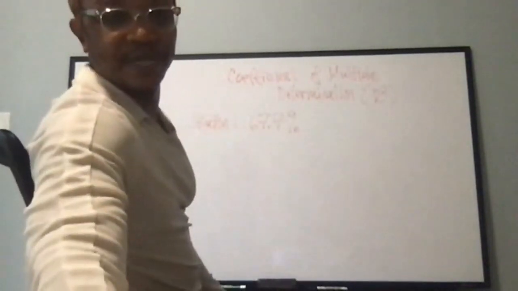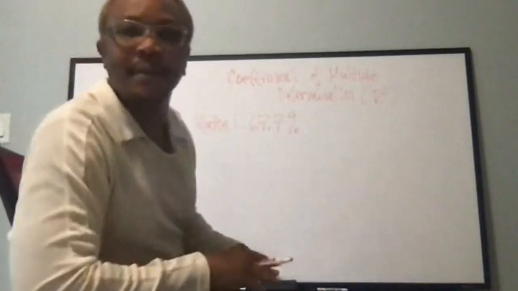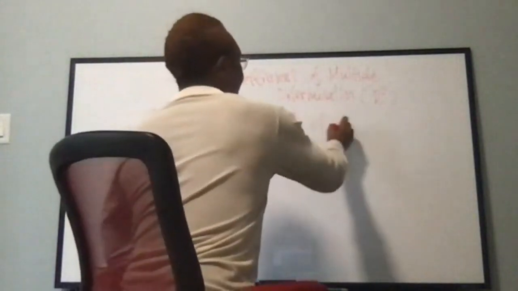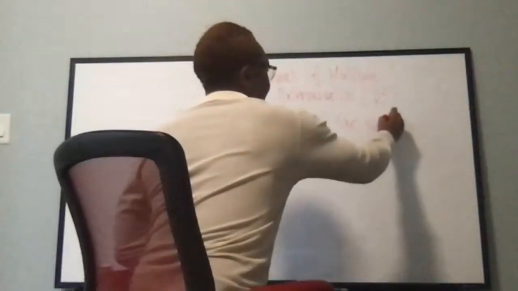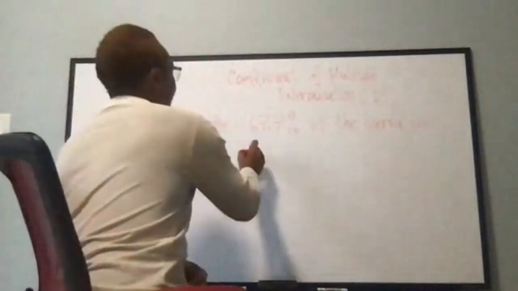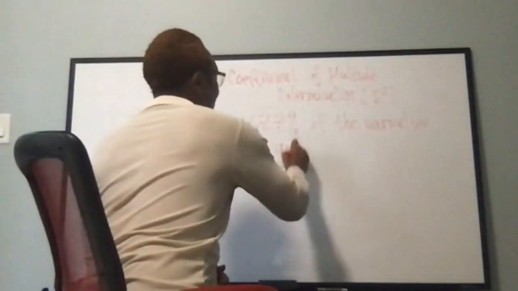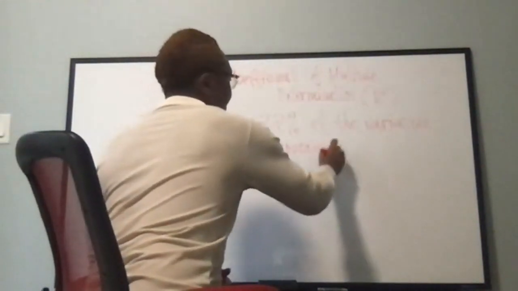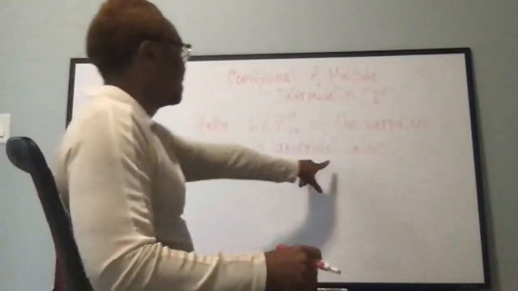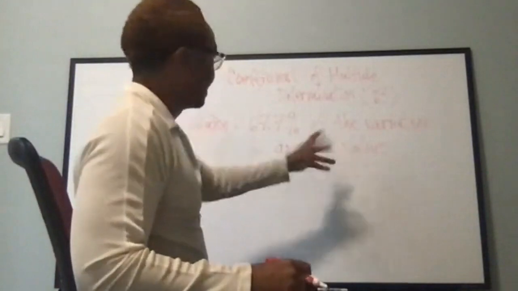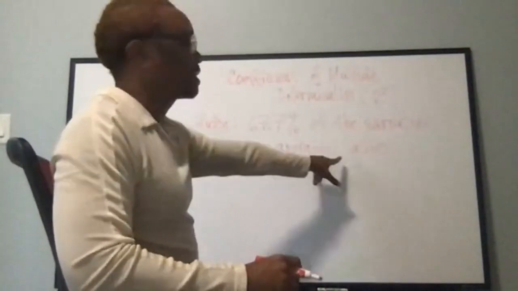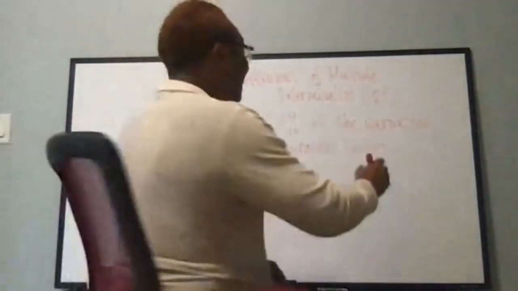I just changed that to a decimal. 67.7% of the variation in appraisal values. See, now we have a totally different data set. This is talking about appraisal values, but this is my Y. So it's the percent of the variation in Y, in this case appraisal values,